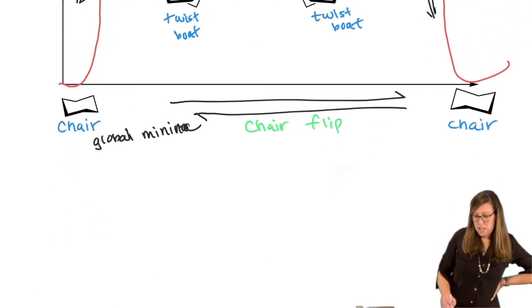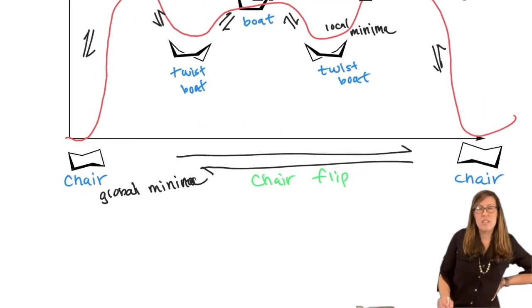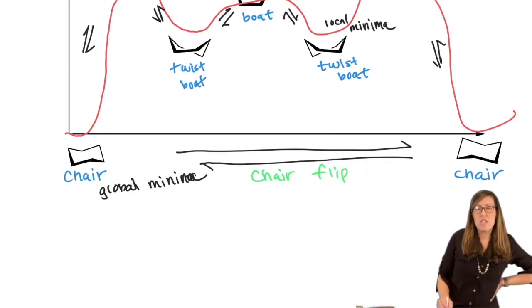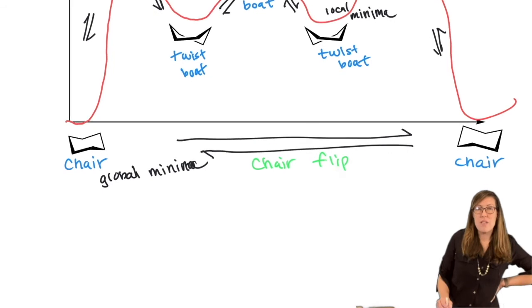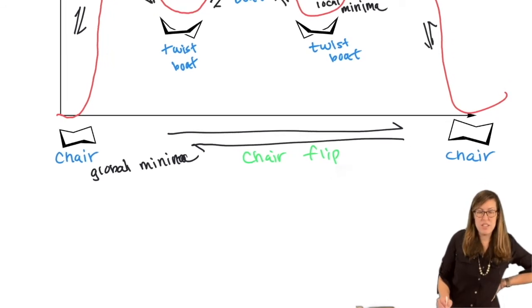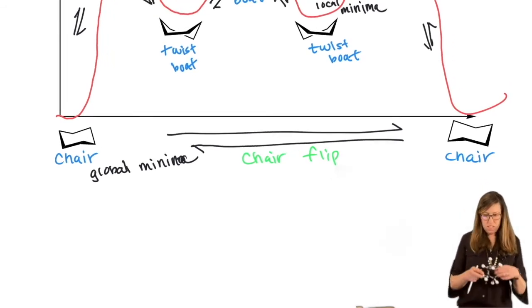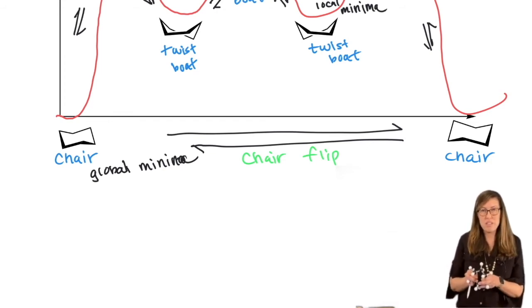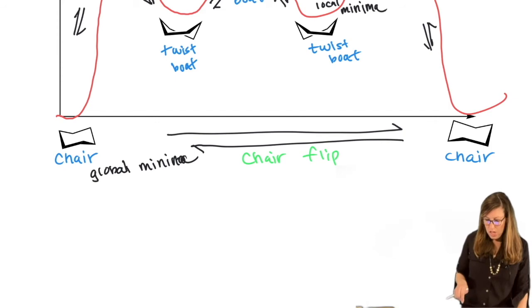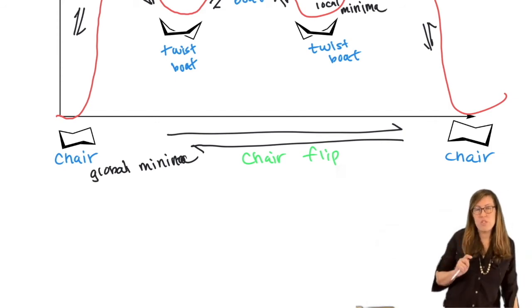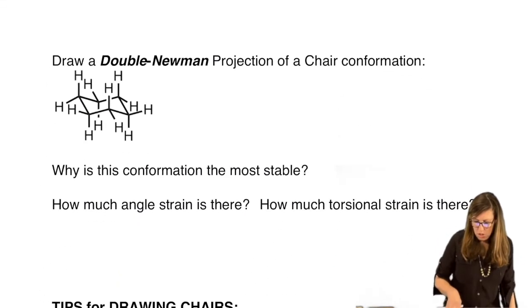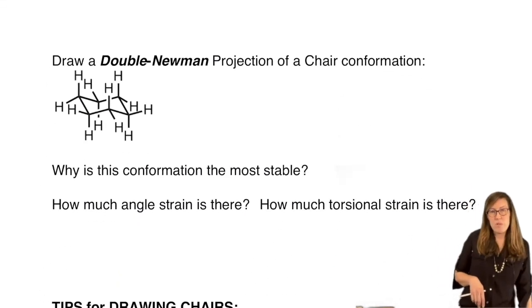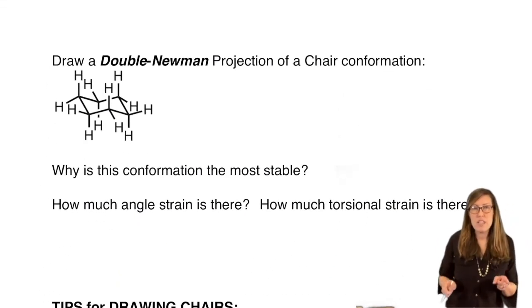We understand why the chair allows for relief of angle strain. I mean, look at that staggered zigzag conformation that you get. You now have tetrahedral bond angles that are ideal, 109.5. However, have we relieved the torsional strain? Looking at your model, you should be able to see that, but we're also going to prove that with a Newman projection. And once you get to a cyclohexane ring size, we can do what's called a double Newman,